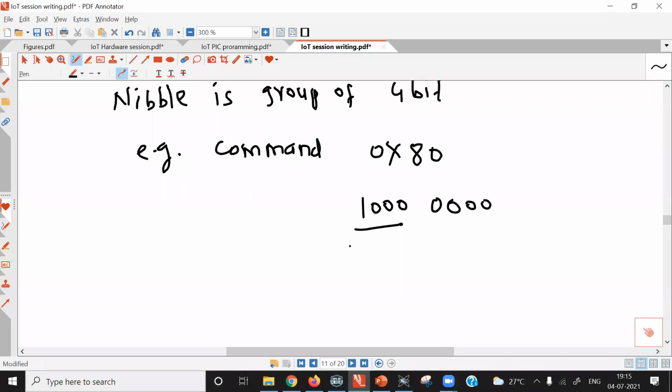So this is called the upper nibble, and this is called the lower nibble. Now in 4-bit mode of the LCD display, what is done? You write the upper nibble first, followed by the lower nibble. Whether you are writing a command or data, it must be divided into upper nibble and lower nibble.